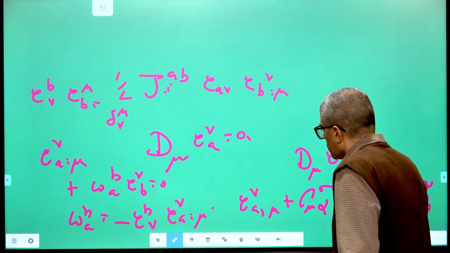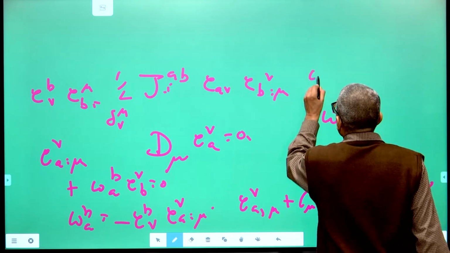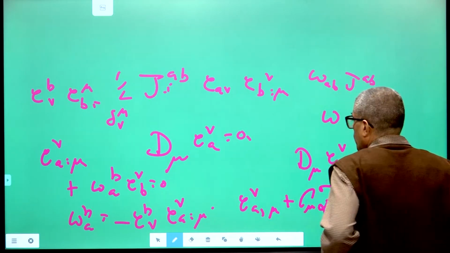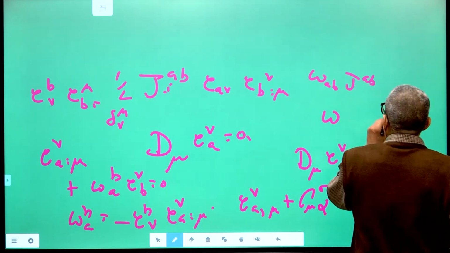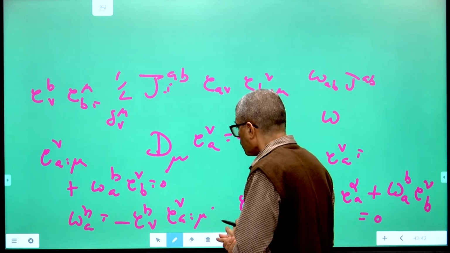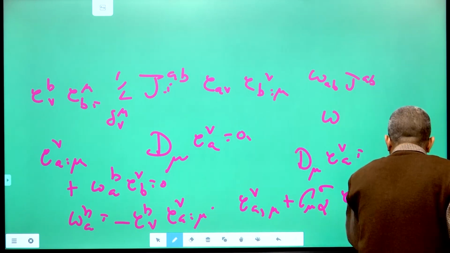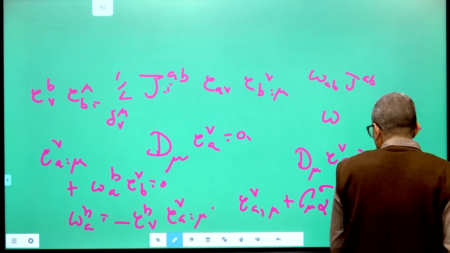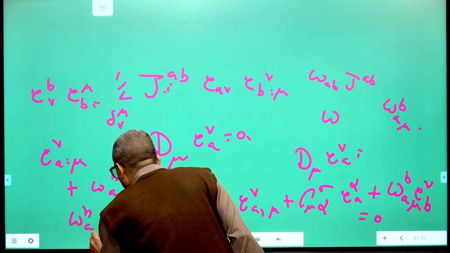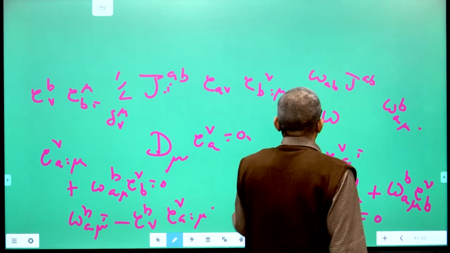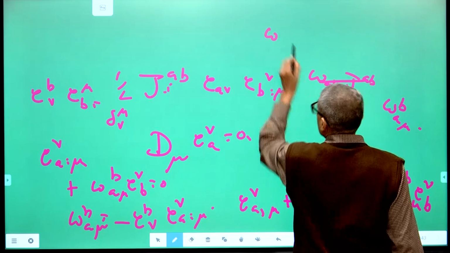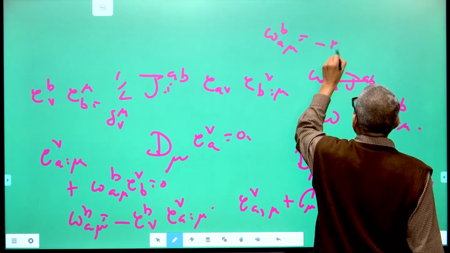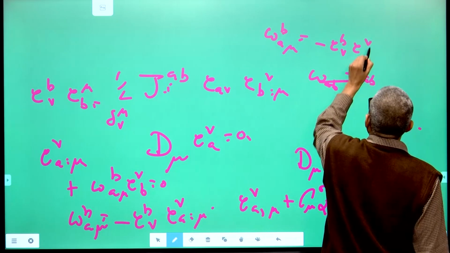That should be the coefficient of the spinor connection, and if you take omega ab multiplied by jab, you should put a mu also here, right. Omega a mu you should put here. So the spinor connection is defined by omega ab mu. So you get omega ba mu is equal to minus E b nu into E nu a double dot mu,